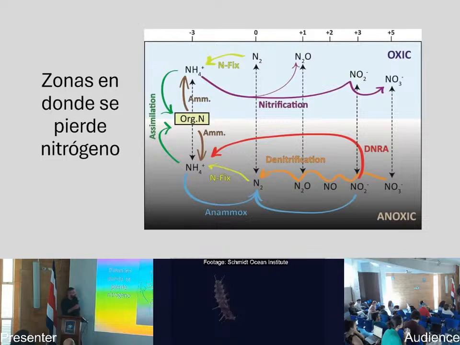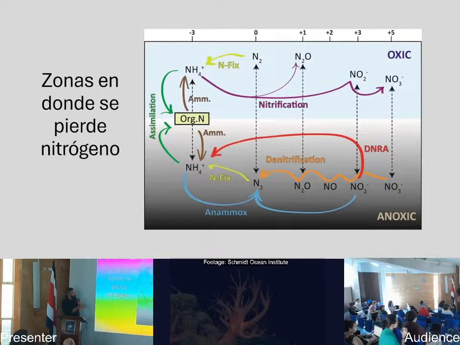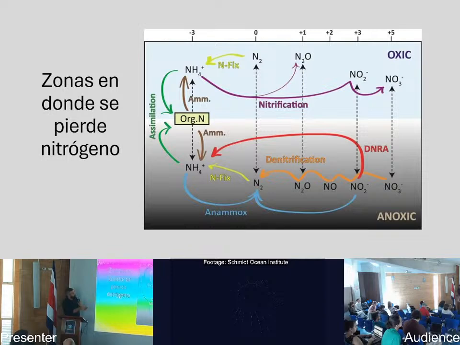But in nitrogen, we have different oxidation states that are represented here. We have the most reduced form and the most oxidized form, that is nitrate, and ammonium, and the elemental form, and we also have the nitrite. So what I wanted to show here is the different kinds of processes that we have in